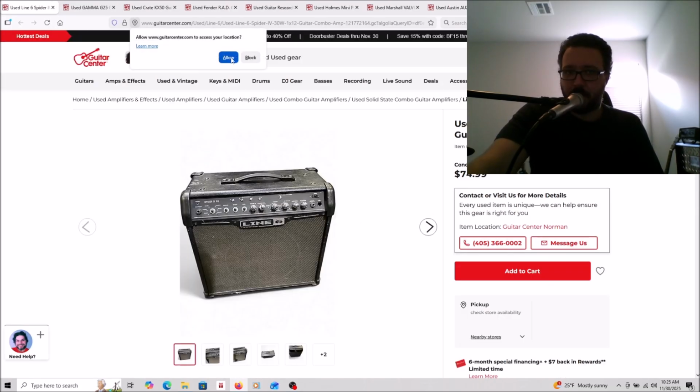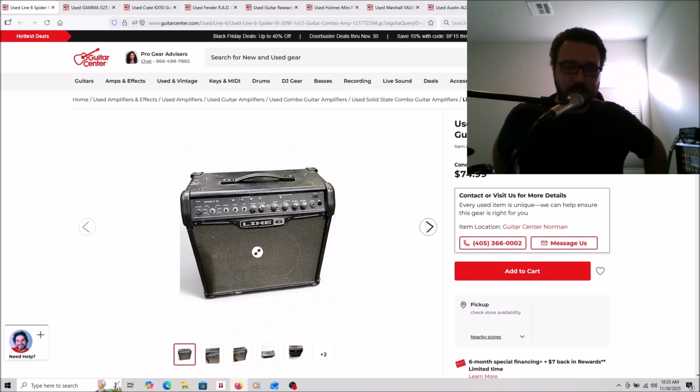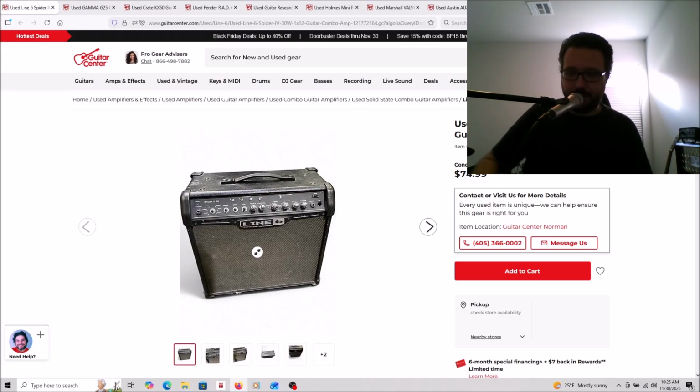And no more shopping. So here we have a Line 6 Spider 4, full of built-in effects, I'm sure, but the overall tone of these, to me, doesn't really have anything going for it. It's kind of a nothing tone. So you can put a lot of effects on. Basically, if you're looking to shop for your kid for a guitar amp, and they seem to gravitate towards music that has a lot of guitar effects, like a lot of 80s reverb or a phaser or a flanger